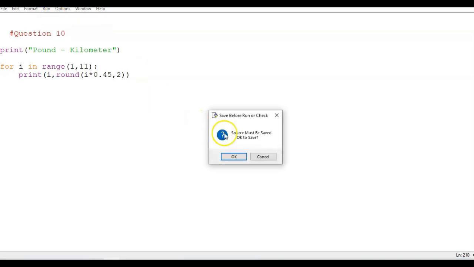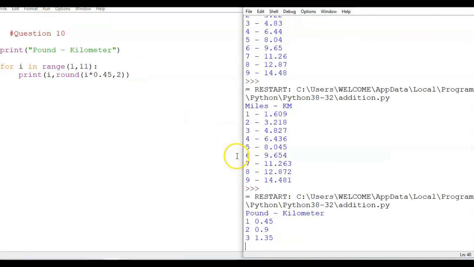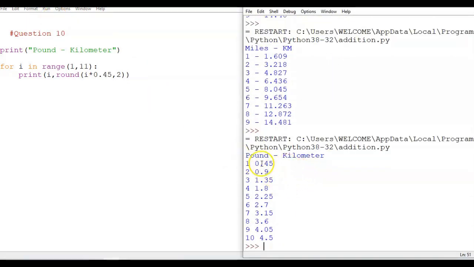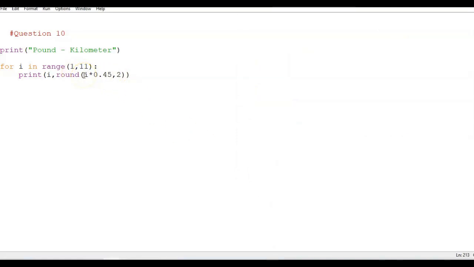So let us go for this question also. This is 99% the same. Now you can see pound is this value, kilometer is this value. Perfect. As I said, 1 pound is equal to 0.45 kilometer, then 2 pounds is equal to 0.9 kilometer. If you don't want to use the round function, you can ignore it, but then you have to remove the complete syntax of the round function.